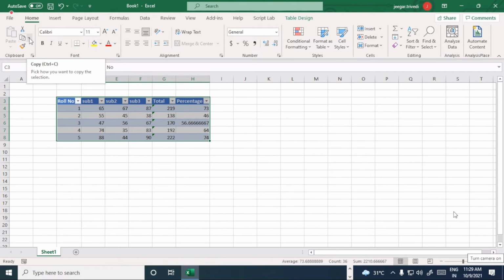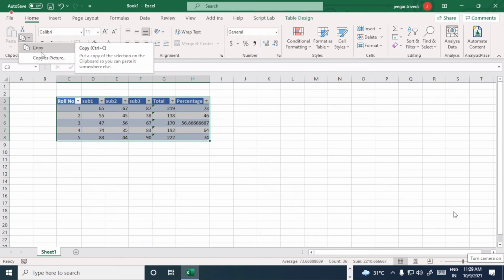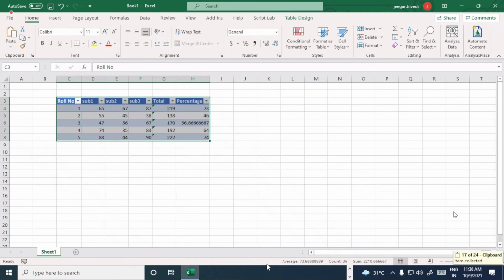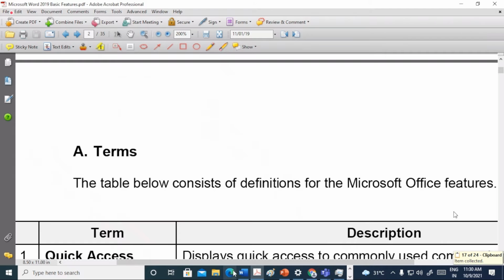So from the source, you get two types of copy. Simple copy, that is Control C. If you press Control C, this will go as an object which can be changed into different formats as per the paste special features. Otherwise you can copy this as a picture, as shown on the screen, in the format of picture and bitmap. Let me take the format of the picture, and where is our Word document?